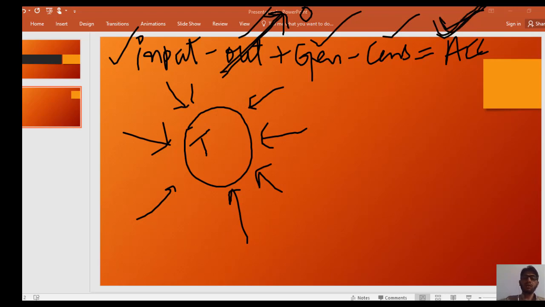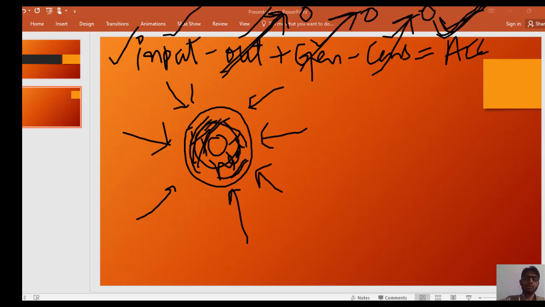If there is no heater or other heating element in the material, then the energy generation term is also equal to 0. Similarly, there is no chemical reaction in our system. It is a simple copper sphere, so energy is not being consumed in the system. It is simply energy into the system.